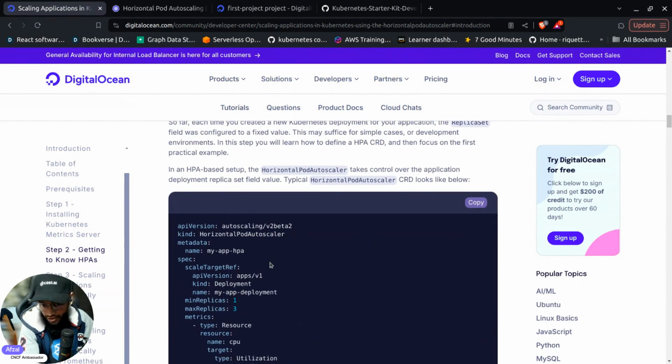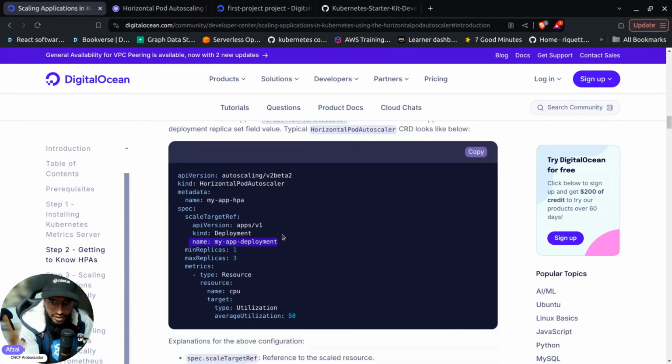So we are defining scraping those metrics based on resource, that is deployment one, and the name of the deployment, which is related to a particular namespace. Then we can define the namespace here. We're setting the minimum replicas as 1 and max is 3, and metrics coming from this resource, which is